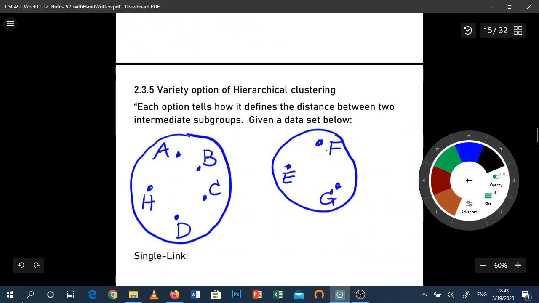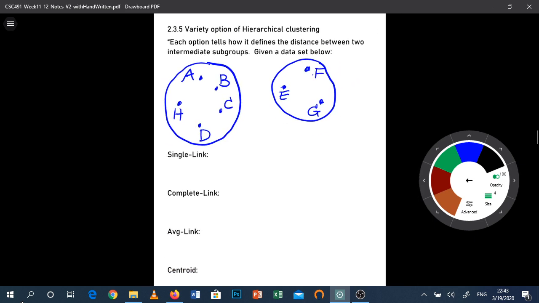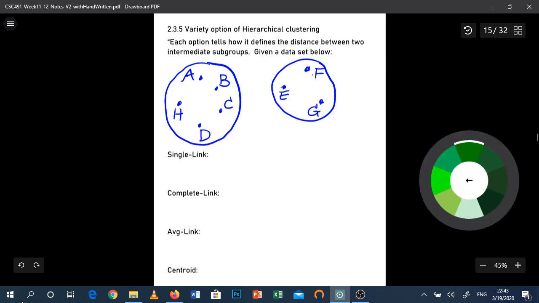To perform a variety of hierarchical clustering, there are options you can choose. So what do these options affect? They affect the definition of how you define the distance between two subgroups. In this case, let's look at single link. The single link is defined as the minimum distance pair